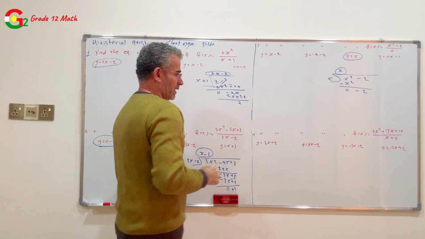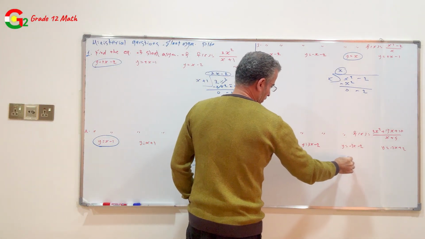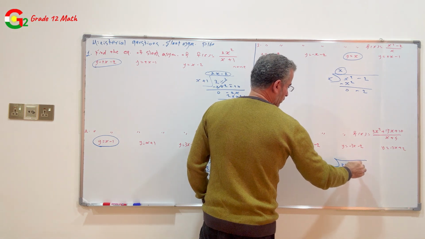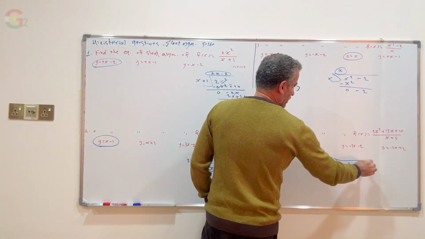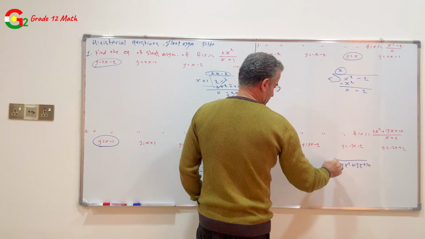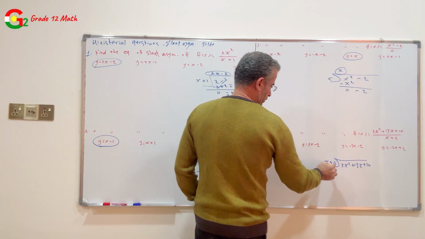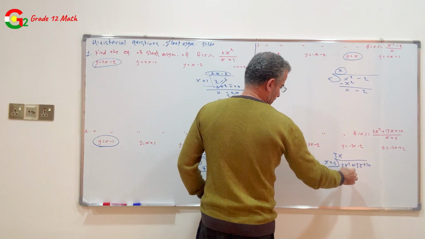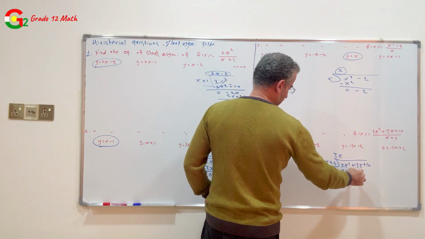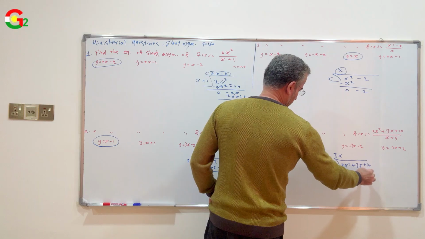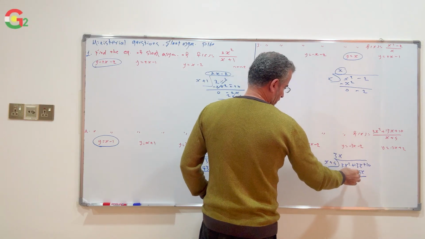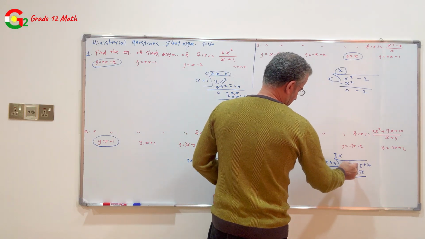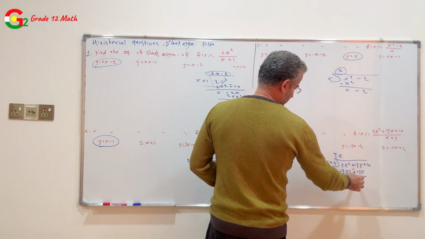Question number 4, find the equation of the slant asymptote. Also, divide 3x power 2 plus 13x plus 10 over x plus 5. 3x power 2 divided by x is 3x. 3x times x is 3x power 2, 3x times 5 is 15x. Change the sign of these terms. 3x power 2 minus 3x power 2 is 0, 13 minus 15,